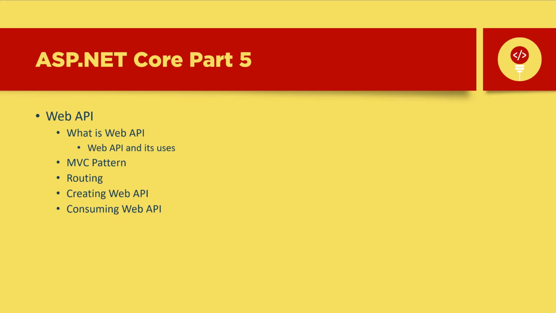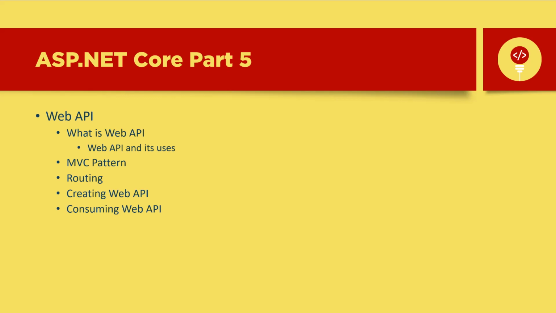Hi guys, and welcome to another session with the ASP.NET Core Part 5, and in this section we'll talk about Web APIs. So we'll go over a couple of things, what Web APIs are and the uses for it. Then we'll talk about the MVC pattern, the framework that's going to be used for our Web API, and then